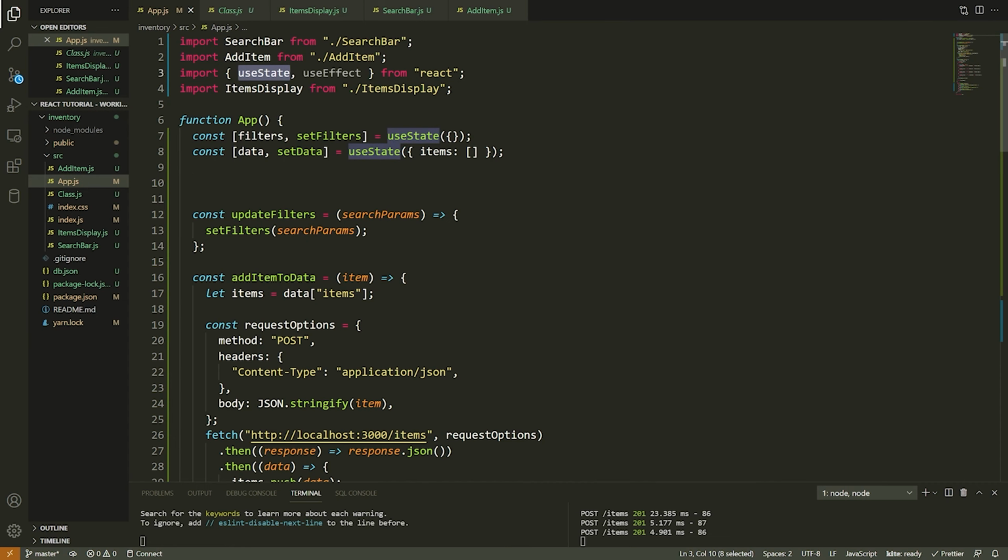One of them is useState, another one is useEffect, and there's a few others that I'm probably not going to show in this video. Actually, there'll be another one at the end of the tutorial series called useReducer, I believe, and I'll explain that when we get to it. Anyways, what is a hook? A hook is a function provided by React that allows you to modify the default behavior of a component.